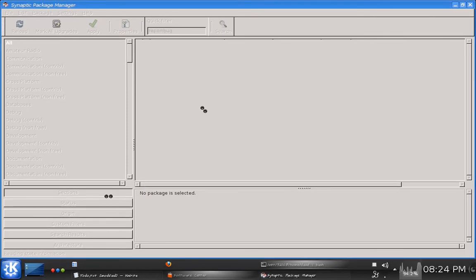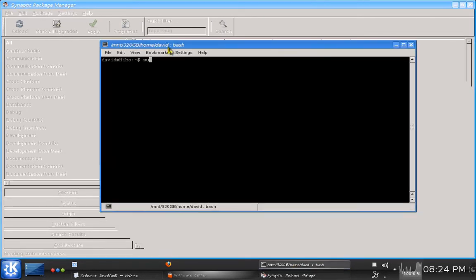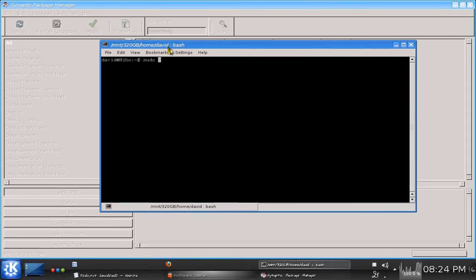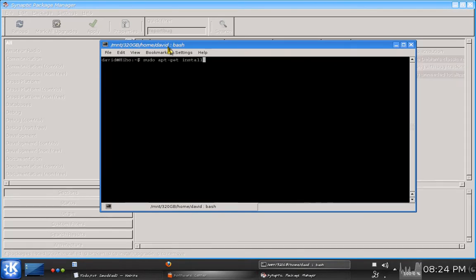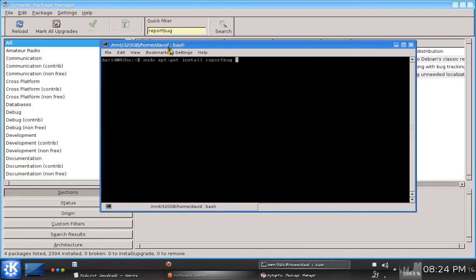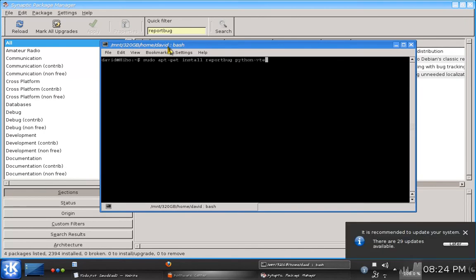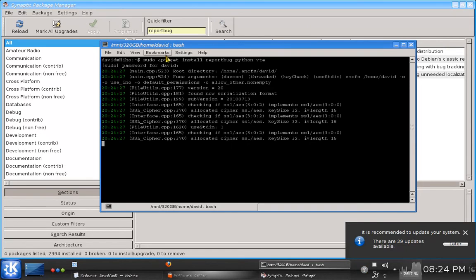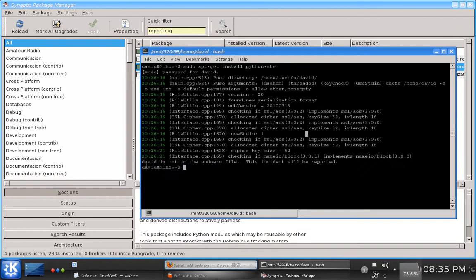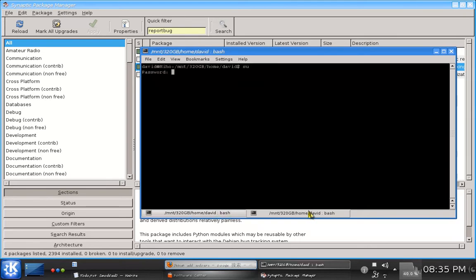Okay, finished. The other way to install the packages there would be sudo apt-get install ReportBug and Python-VTE, and that would essentially do the exact same thing. The upper part of this is just referring to volumes that are automatically mounted. I'm logging in this part here. It says I'm not in the sudoers file. I can just open up another tab here, log in as root,